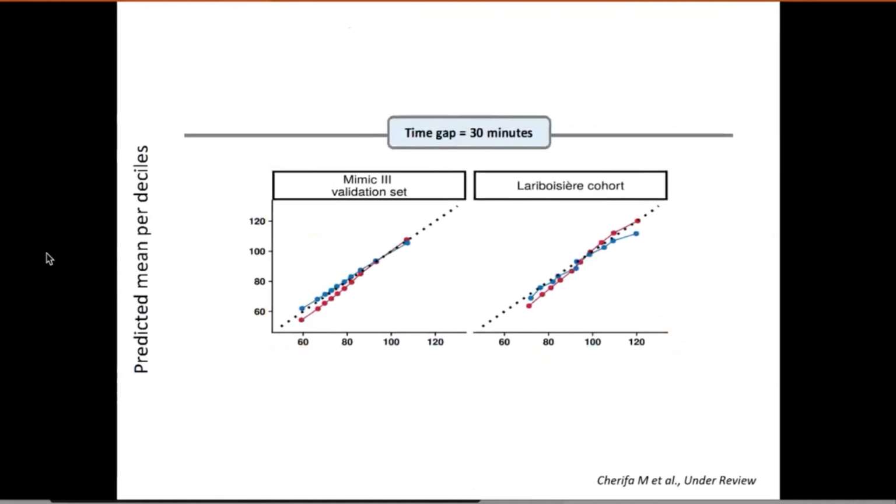I'm just showing you some very preliminary results here, which are currently in review. This is the prediction of the actual blood pressure, not only hypotension as a binary indicator, but the actual value. You can see that the deep neural network model with a multitask learning approach, here in blue, seems to have pretty good calibration both in the validation set and in the external validation data set, which was a cohort from a completely different group.